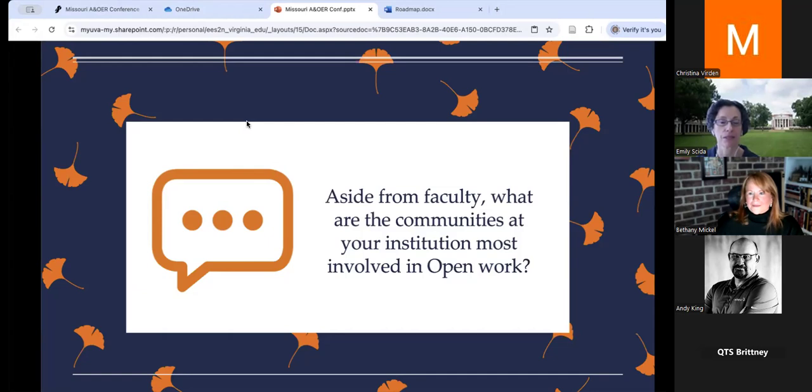Wonderful. So we see a lot of commonalities here. The library being a central resource, as well as Center for Teaching and Learning, instructional designers, student representative. This is great. Thank you all for sharing.